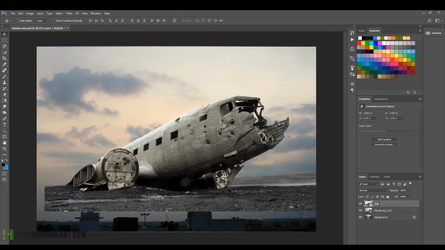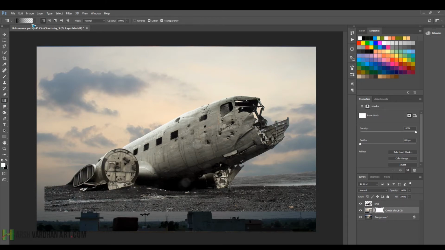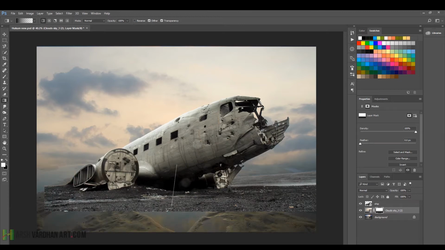So let me just rename it ship. I know it's an airplane, but I'm just pointing it as ship. And go to this gradient tool and click and drag it up. And what it is going to do, it is going to remove the sky from that area, and until we